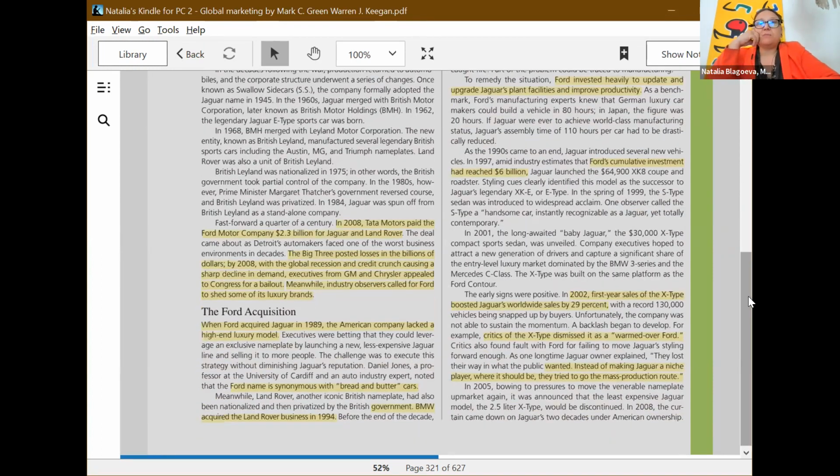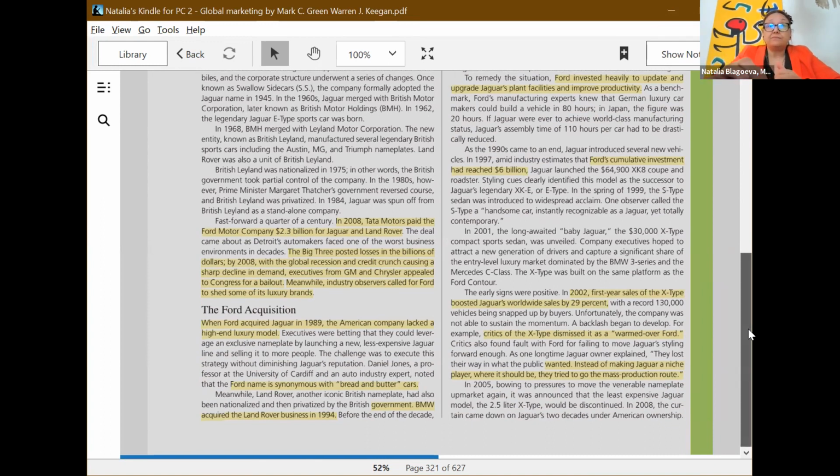However, they had some new cars which they decided to launch on the market, but basically, to cut the long story short,